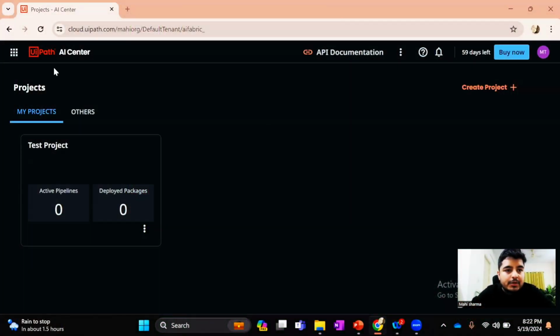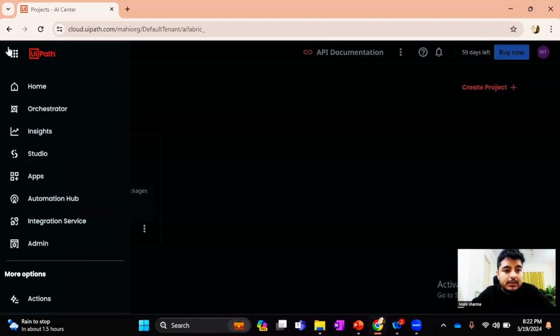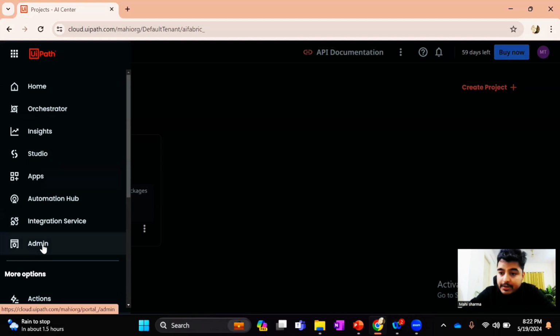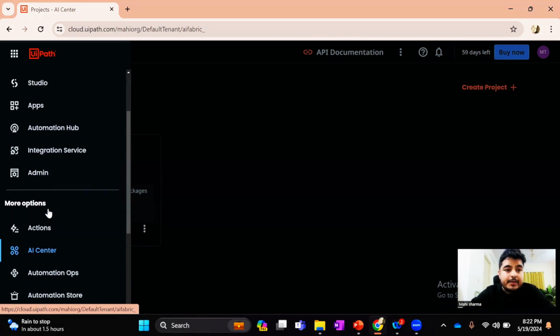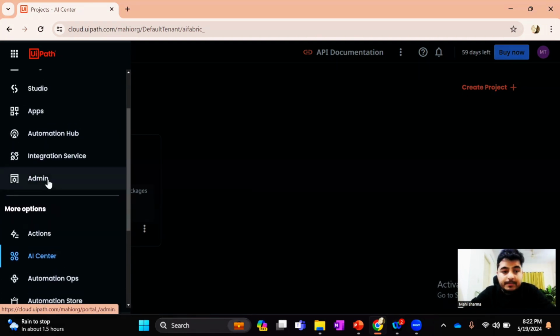Hello guys. To start with our project, first we need to get access to the UiPath AI Center. To get access to the UiPath AI Center, first you need to go to the admin section in case you're using the community edition. In case you're using the enterprise edition, then you probably need to check with your admin that your particular tenant or your orchestrator has access to the AI Center. In case you're using the community edition, you need to go to the admin section of the community section